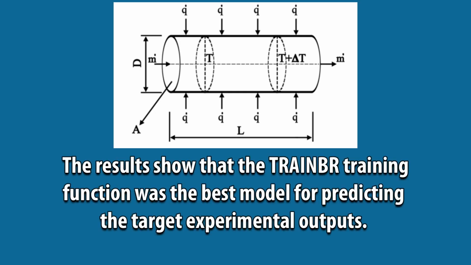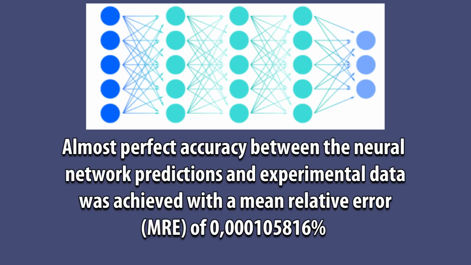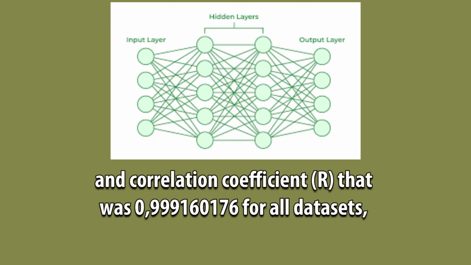The results show that the trained training function was the best model for predicting the target experimental outputs. Almost perfect accuracy between the neural network predictions and experimental data was achieved with a mean relative error, MRE, of 0.0001058816% and correlation coefficient, R, that was 0.999160176 for all datasets,